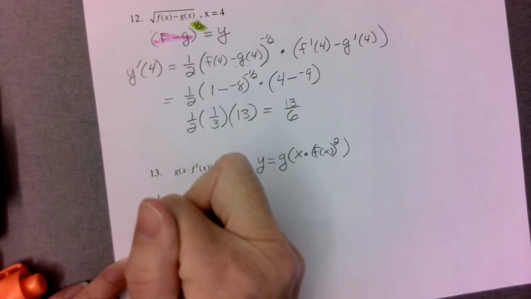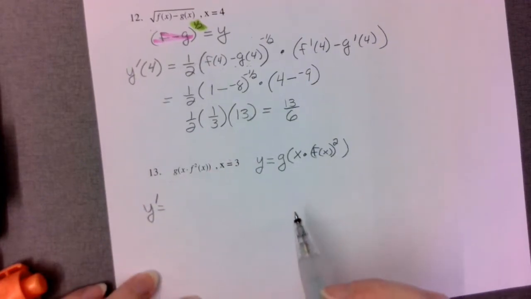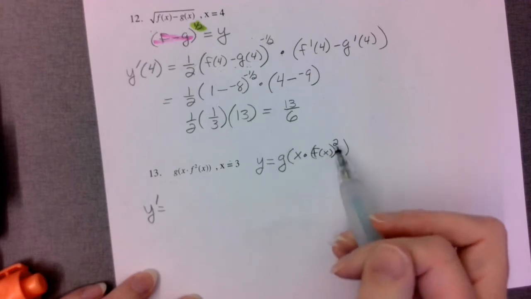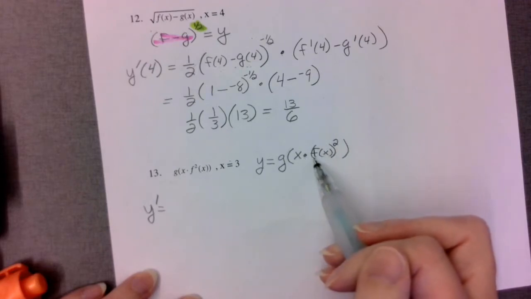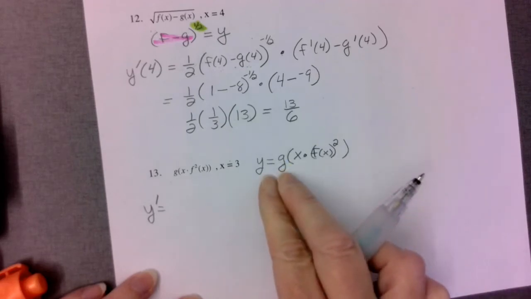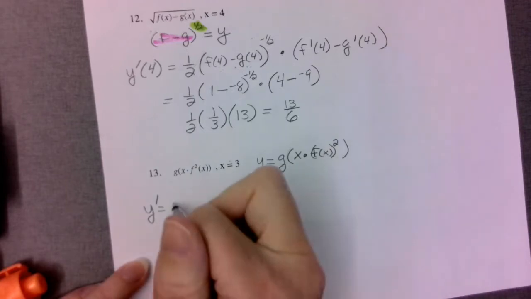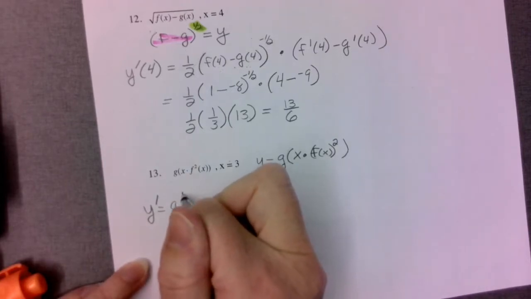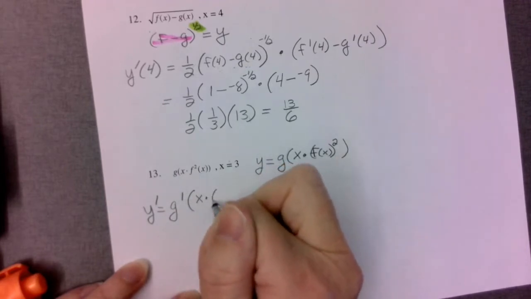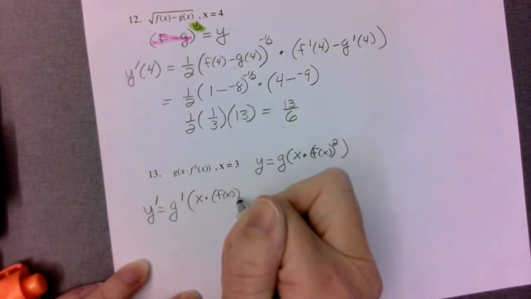Its derivative, in general, is going to be, I start with, well, I look at what I have a big group here tucked inside of a g. So because this is a group inside of a g, that's lending me to start with the chain rule and say g prime of, keep my inside the same,